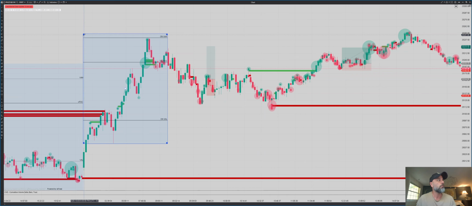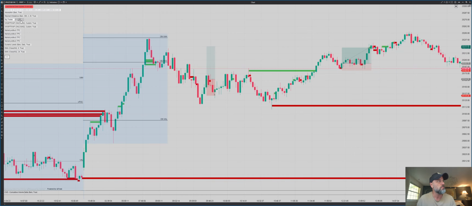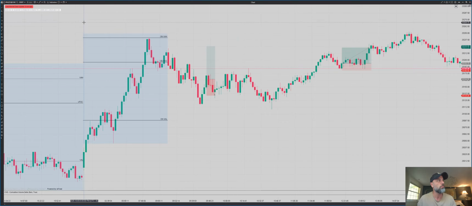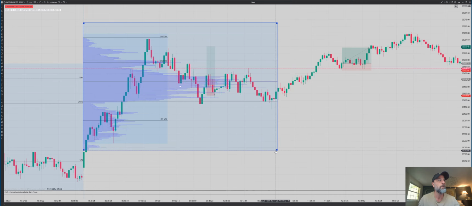Let me get rid of big trades again, just because it's a little bit distracting. And stacked imbalances, we'll put them back in just a second. Let me reprint the volume profile and just show you what happened. Now,